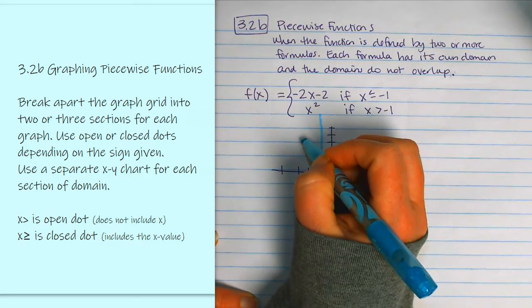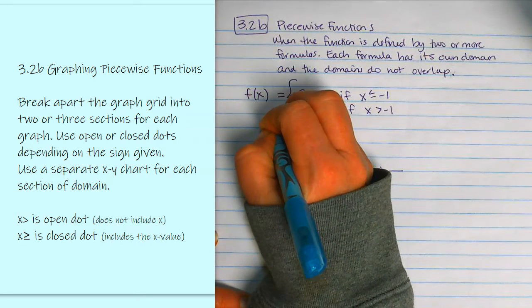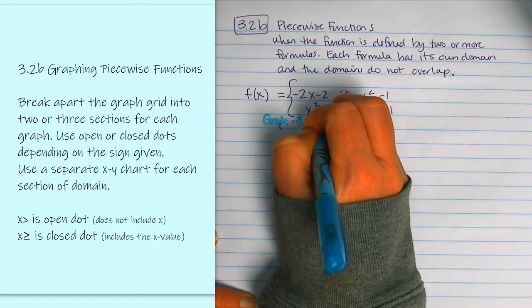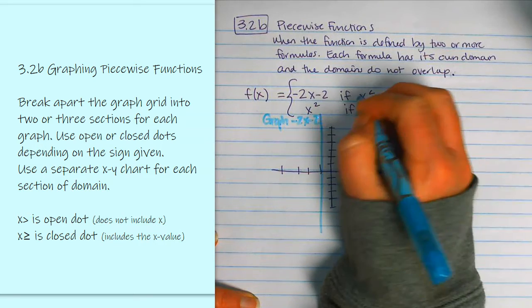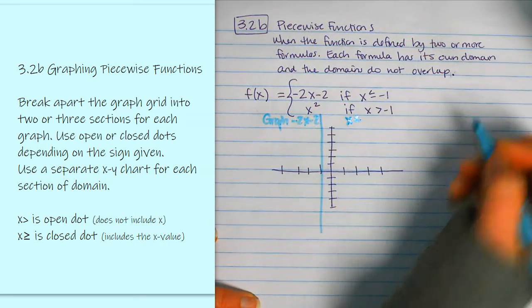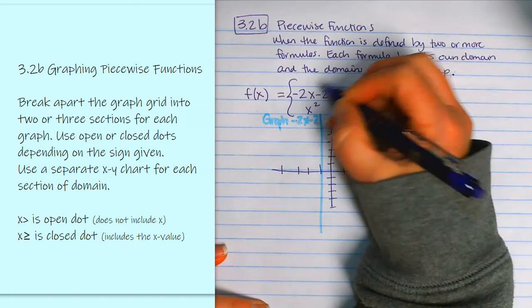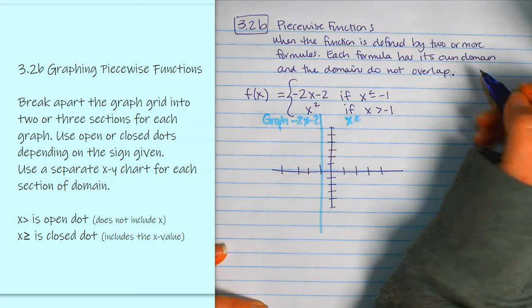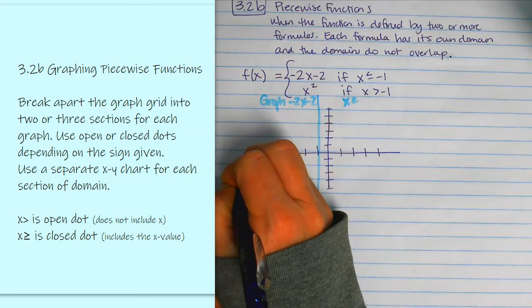On the left side, where I've got numbers less than -1, I'm going to graph -2x minus 2. And when x is bigger than -1, I'm going to graph x squared. So it's broken up into 2 different sections. This is the domain for the line, and greater than -1 is the domain for x squared. So here's what I mean. If I make an XY chart